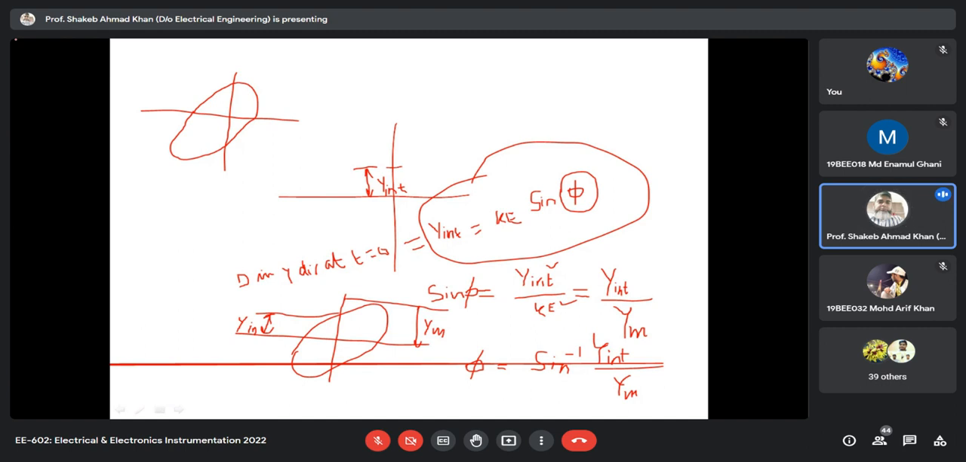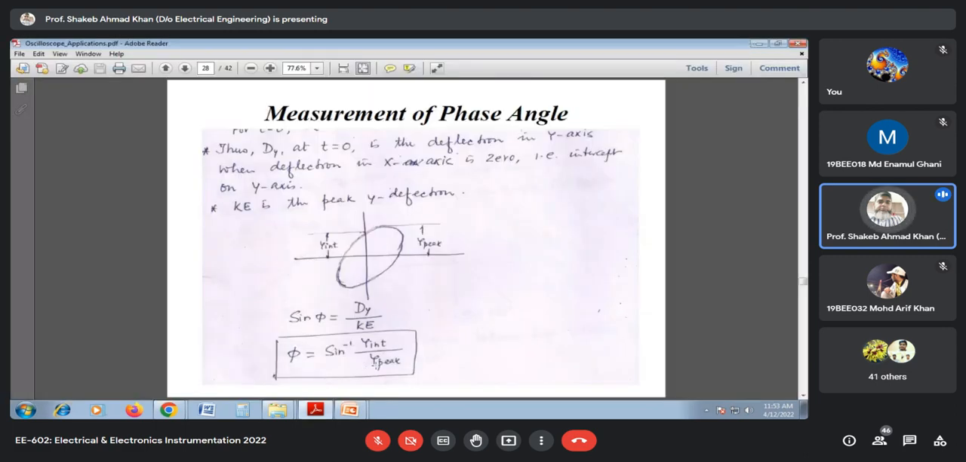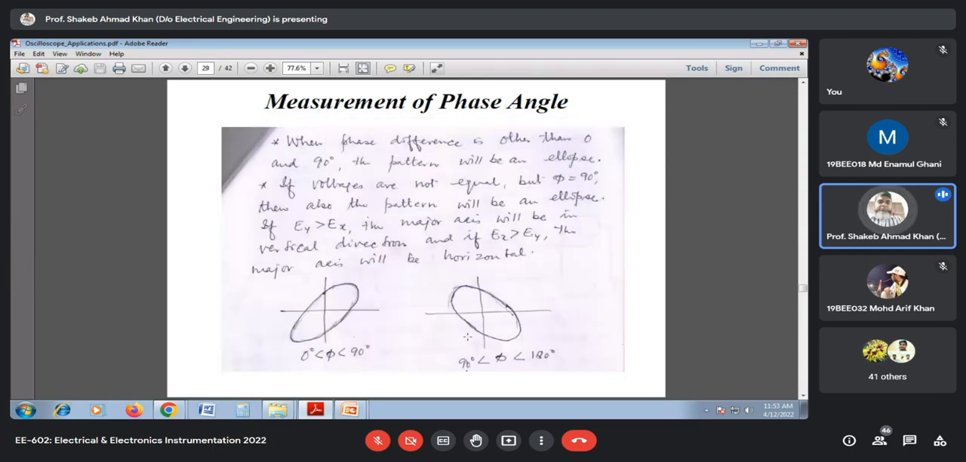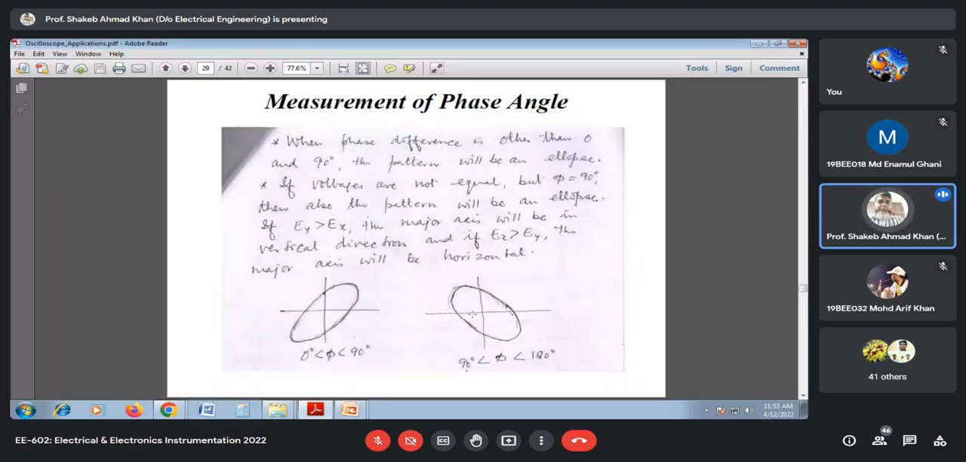This is again something you will find many questions asked about in competitive examinations. You have been given the y-intercept and the maximum deflection in the y direction, and you are asked the phase angle. So there are some more rules, obviously. You can see that this is y int upon y peak, the same formula. Now there is one more rule: as far as this ellipse is concerned, it will have its major axis along the first and third quadrant, or